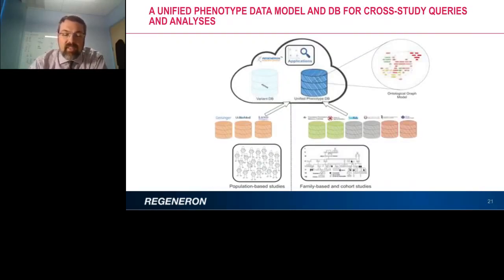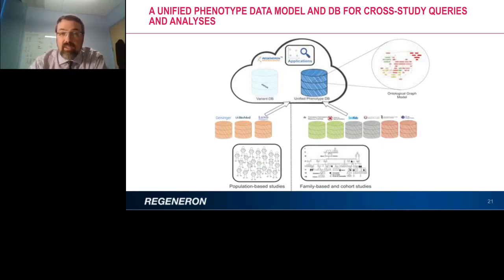So now that I've explained a little bit about the phenotype data and the genotype data, just a couple words on how we bring it all together. This cartoon kind of shows the perspective. We have a variant database that we're gathering from a variety of partners, from both population-based studies and family-based and cohort studies. We have this unified phenotype database that's getting input, again, from these large studies with really great